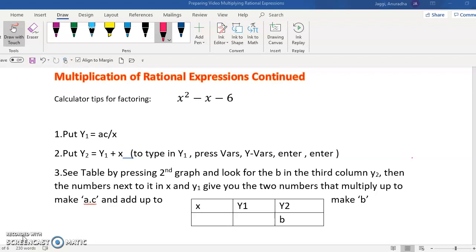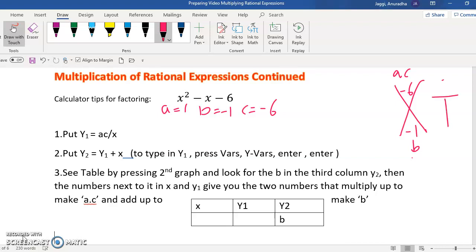the quadratic trinomial we factored in the last video. So we use the X method. A is equal to 1, B is equal to -1, and C is equal to -6. So we wrote our AC equals -6, B equals -1, and we used a factor tree. So ignoring the sign of AC, just write down the AC here and 1, 6, 2, 3, and so on. And we try to find out the two numbers when multiplied will give you -6 and when added will give